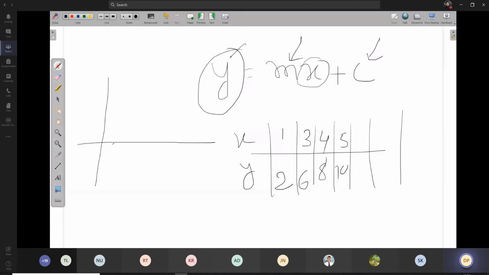So this is how I can put these values in a graph, and I can draw the straight line. And now from this straight line, what I do, I find out the slope here. What is the slope here? This slope is nothing but m, and what is the intercept here? This intercept is nothing but the c, and then we write the relationship. Okay, y equal to mx plus c.